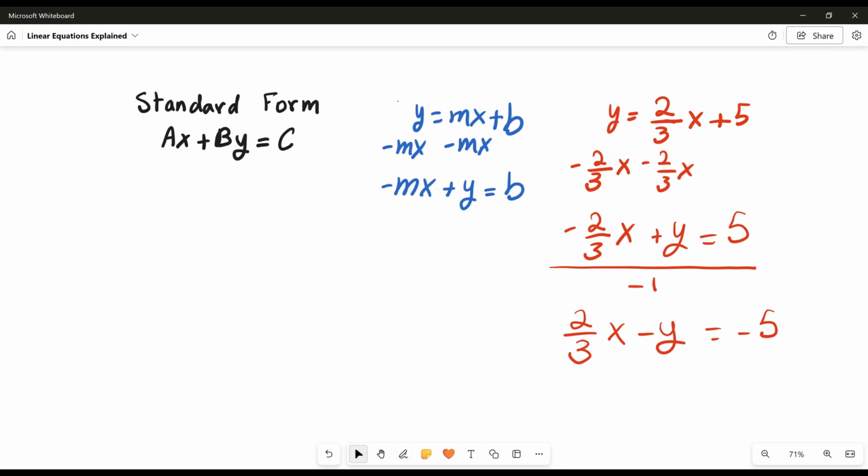Now, I could change the integer, which is -1, that is next to my y. And the way I could do that, I can multiply the entire equation by 3 and get rid of that denominator 3. Now, with this new equation, I'm still holding my standard form,